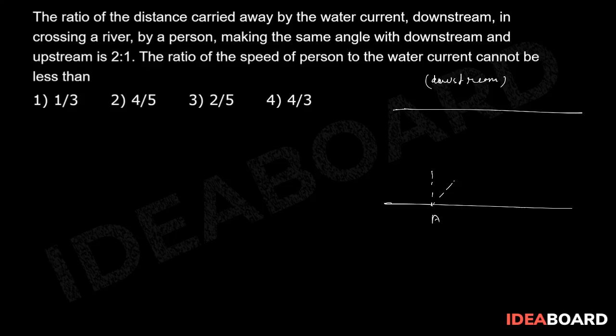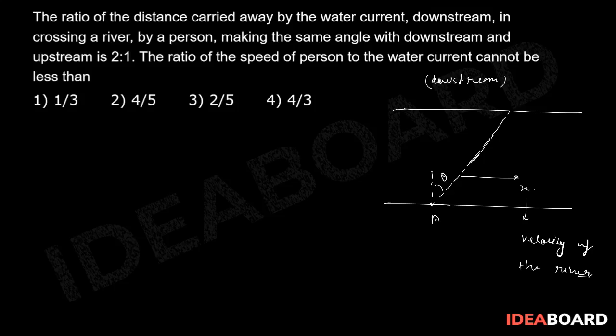Suppose that it starts traveling or swimming at this angle theta. Let us assume that the river is flowing with velocity x simultaneously. So x is the velocity of the river,